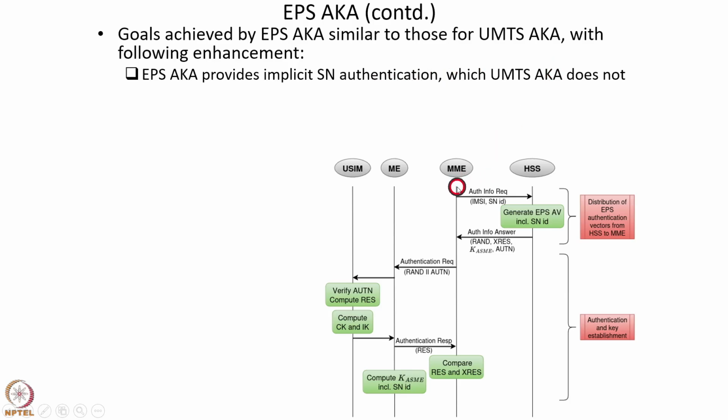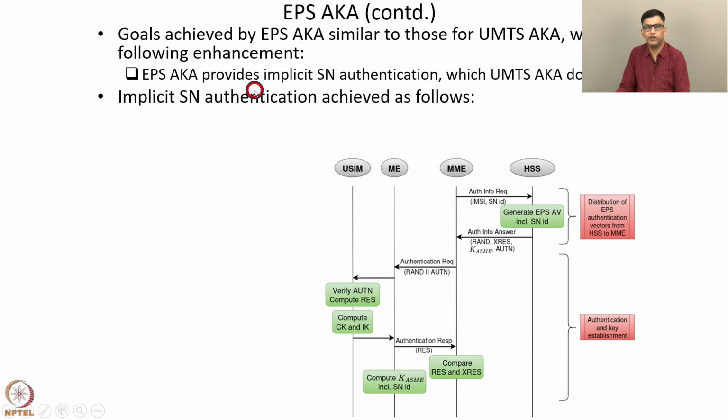So, we can see here that this is the MME of the serving network. When it contacts the HSS for getting authentication vectors, it sends its serving network ID to the HSS. So, that is shown over here. The serving network ID is included in the authentication request sent from the MME to the HSS. Now, the HSS has a secure connection with the MME, and it verifies whether this SNID is the same as the actual SNID of the MME, which has connected with it. And only if the verification is successful does it generate the authentication vector. And this authentication vector is a function of the serving network ID.